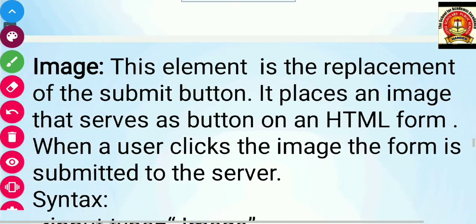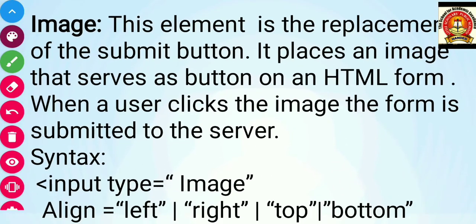Next is the image. The image here is nothing but a replacement for the submit button. Friends, we know that the submit button is there. After filling in all the details of the form, the user can click on the image. So instead of a submit button, the user can take one small image or picture, like a flower image or any image. When the user fills in the name, surname, father's name, mother's name and all the details, and wants to submit, instead of the submit button you can click the image. As the user clicks the image, the form is submitted to the server.